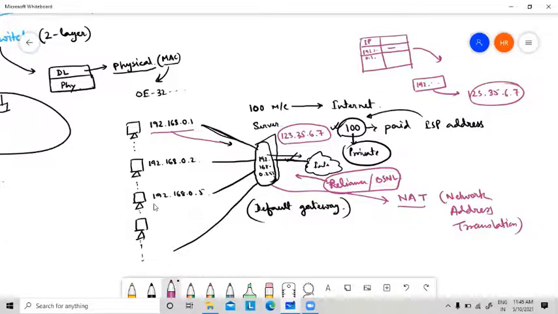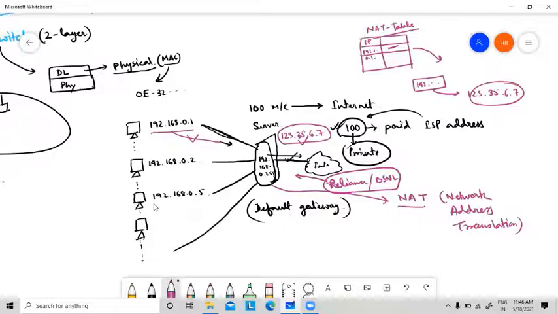So this NAT software is translating the addresses into one particular address. So all requests to the internet are going using this IP address. But this NAT is maintaining a table where it is storing which IP address is sending what request.